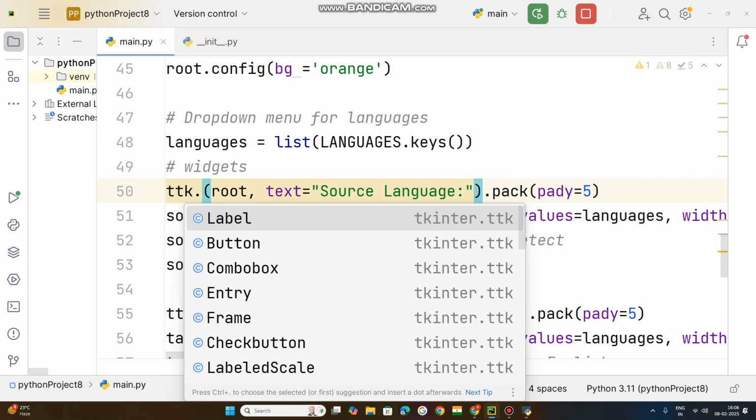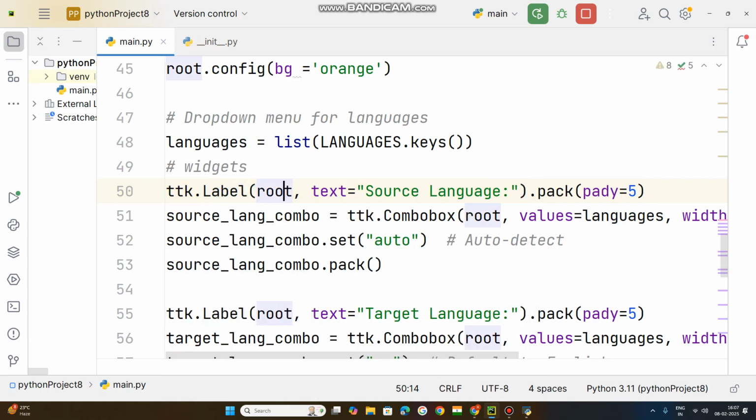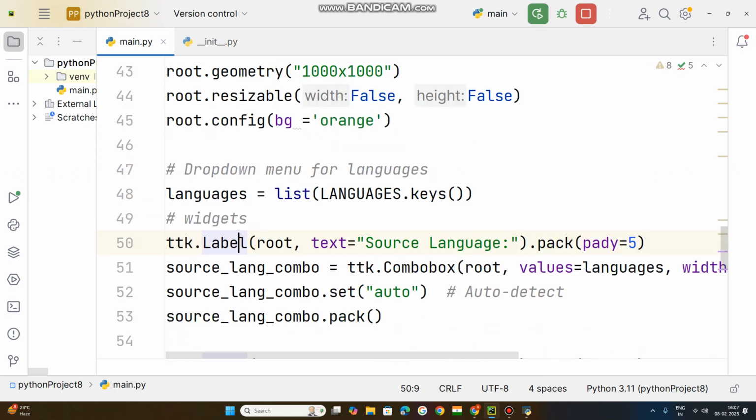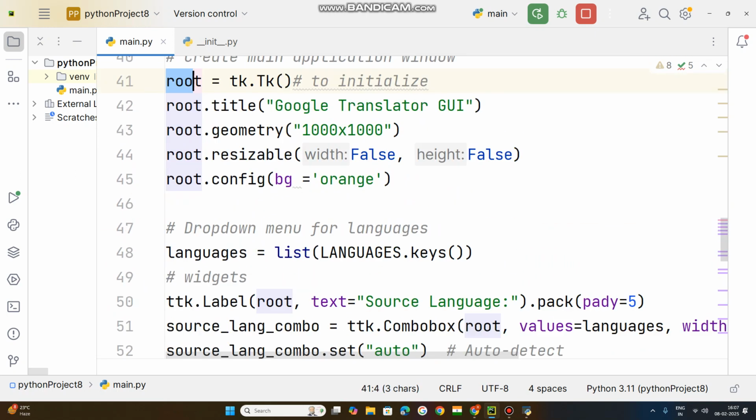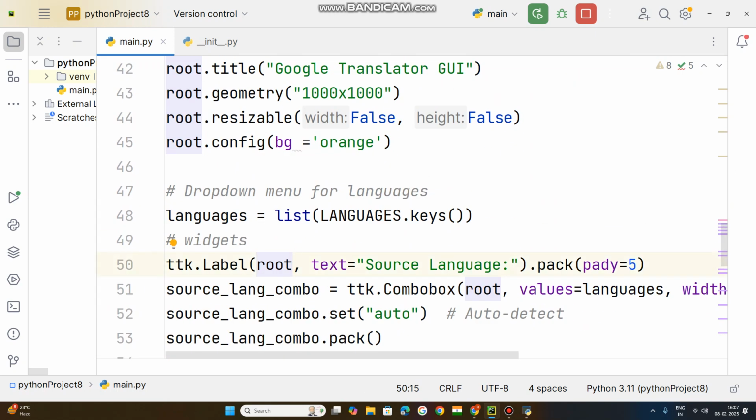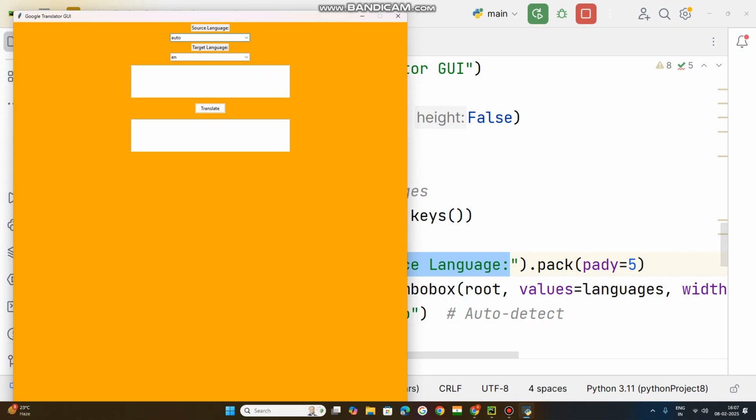Okay, now, once the label is part of your main application window, you need to mention this one. Otherwise, if you don't mention this, it will find that this label is part of your main window. So root, text over that label, this is the source language that will be displayed over this source language. Okay, if you change here,